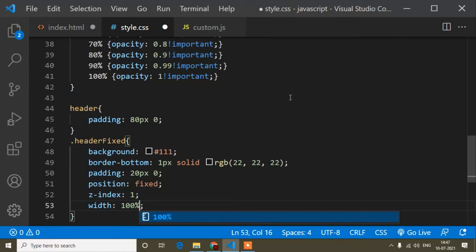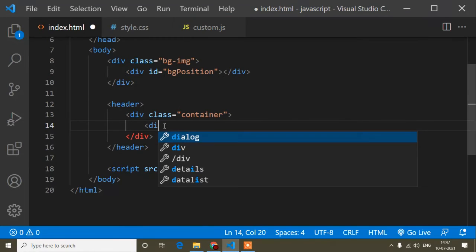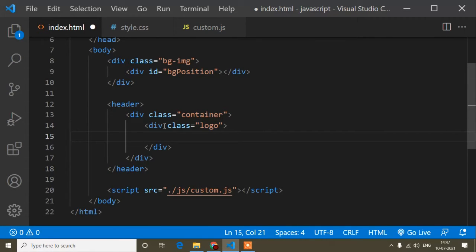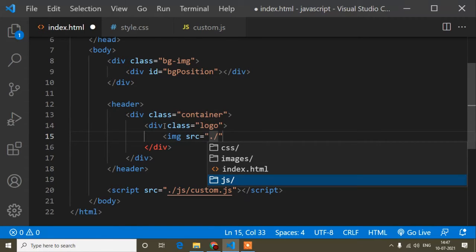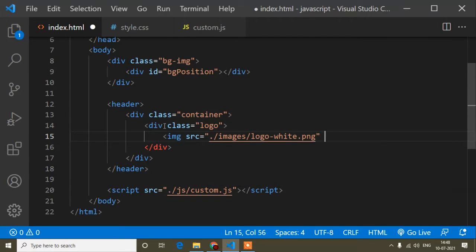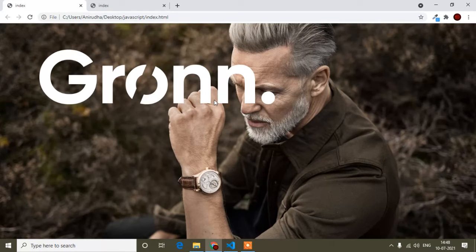Okay, so now guys this is done, and here I will add the logo. So div class logo, and inside this logo I will add the logo which I have already stored in my image folder. So dot slash then images folder, and here you can see logo, and I will write the alt tag inside this alt tag, logo. So save, and then I will show you the preview. You can see it's looking like this.